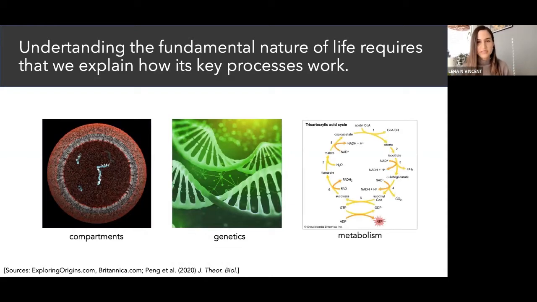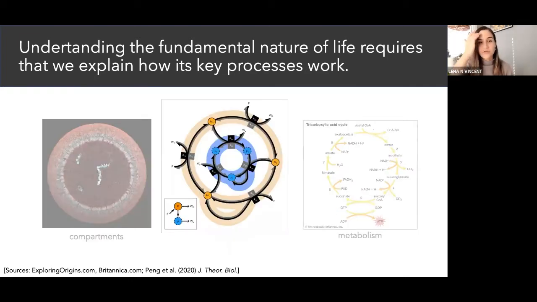Now, origins of life research has historically focused on trying to explain the origins of these specific features, but as a whole, they fail to explain how those features could emerge in the absence of a prior living process like evolution, and also how those very processes could emerge in systems that might look very different from modern biochemistry. So as an alternative, chemical ecology, which is the framework I'm going to focus on in this presentation, suggests that the processes characteristic of life might be able to emerge independently of these specific constituents, and is therefore much more likely to help us get at the universal principles of life that we're after in agnostic biosignatures research.